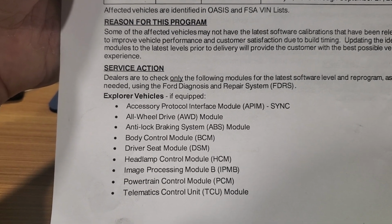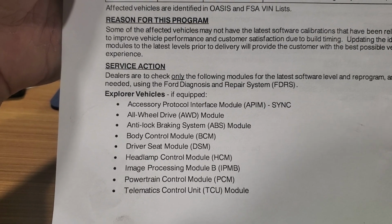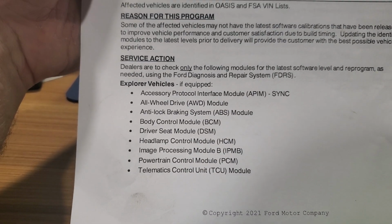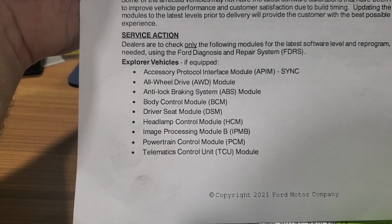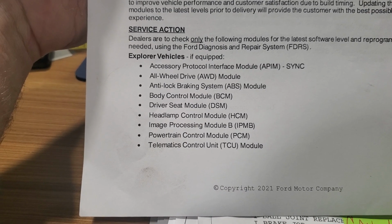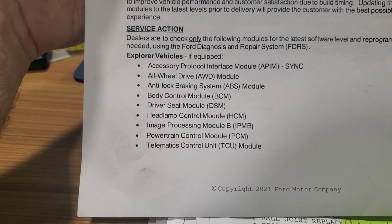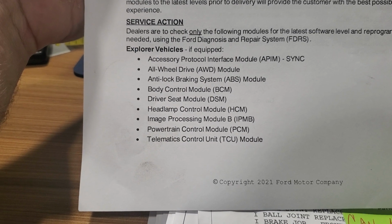So on the Explorers: Accessory Protocol Interface Module, Sync System, All-Wheel Drive Module, Anti-Lock Braking System Module, Body Control Module, Driver Seat Module, Headlamp Control Module, Image Processing Module B, which is typically your front, but it also does have some control with the rear as well, because I've had some of them not be programmed even though there's no front camera, it still affects the rear. So Image Processing Module B, your Powertrain Control Module, the Telematics Control Unit, the TCU Module,